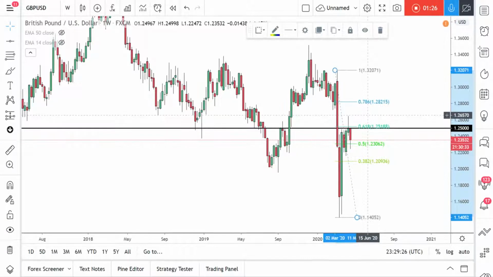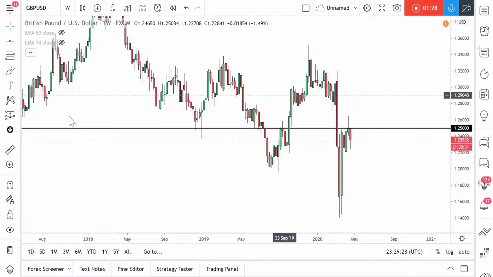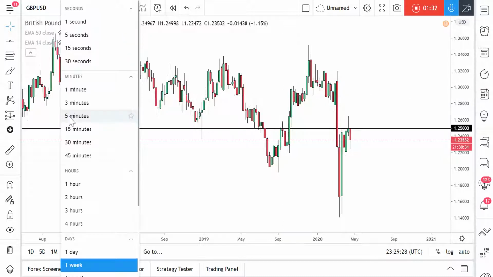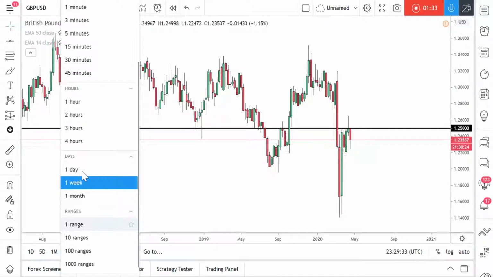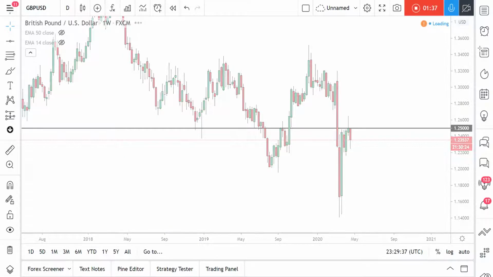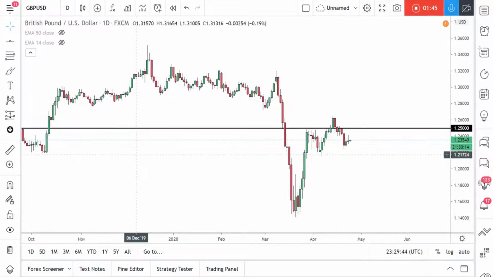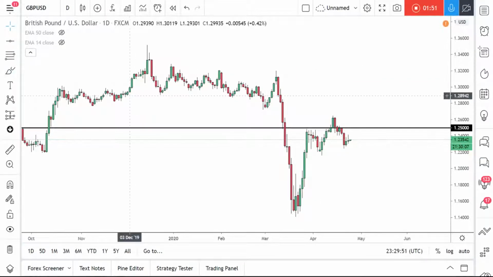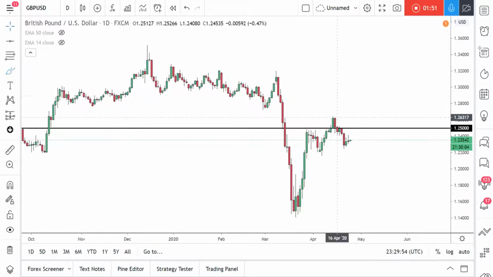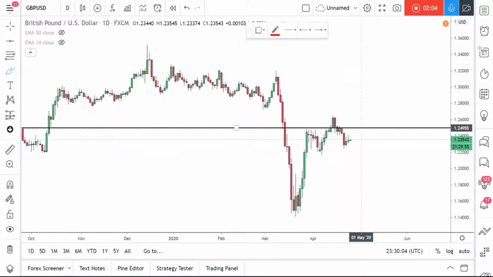So we can get rid of this and then jump down to lower time frames to find any other confluences that we can find for the push to the downside. On the daily time frame, we have what looks like a relatively interesting pattern that's forming. We have here the fake out of the 1.25 level, followed by a push to the downside, and what we're expecting is a retest of this level before we have